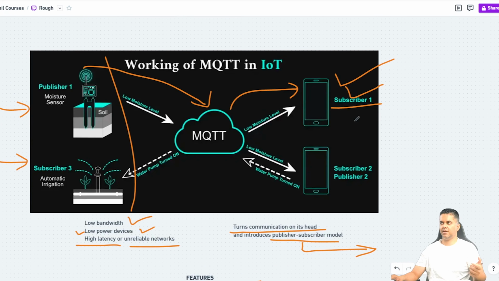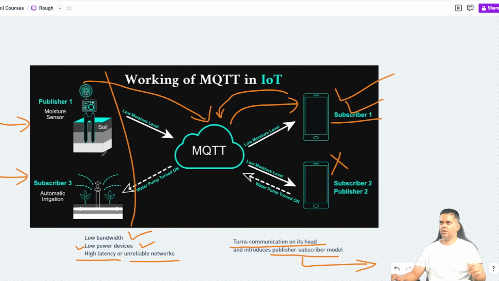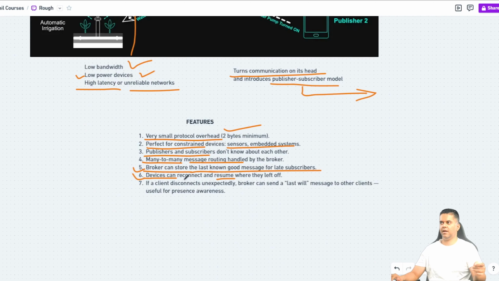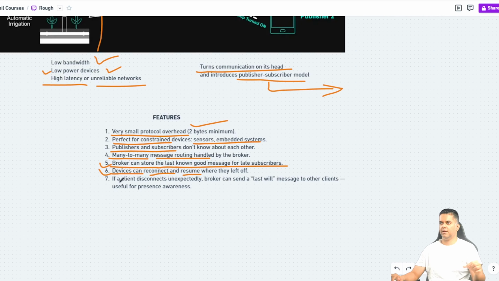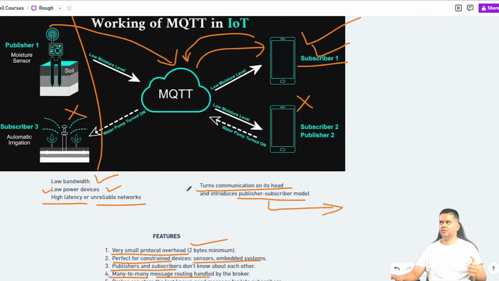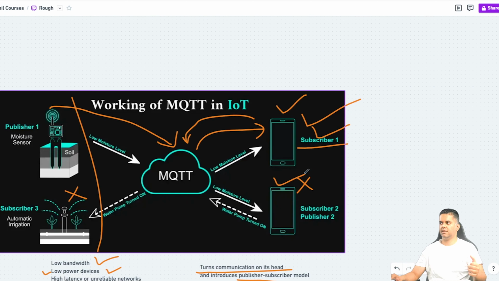If the subscriber is coming in late, or it was delayed due to some reason, it can resubscribe and re-listen to the messages from the broker. If any of the devices get disconnected, they can always reconnect and resume where they left off. If any of the clients disconnects unexpectedly, the broker will send a last will message to all the other clients, which is useful for awareness that this one client is not available.